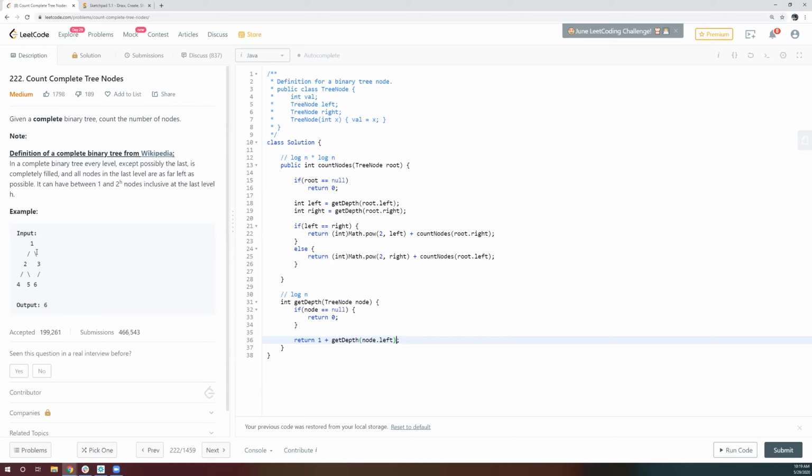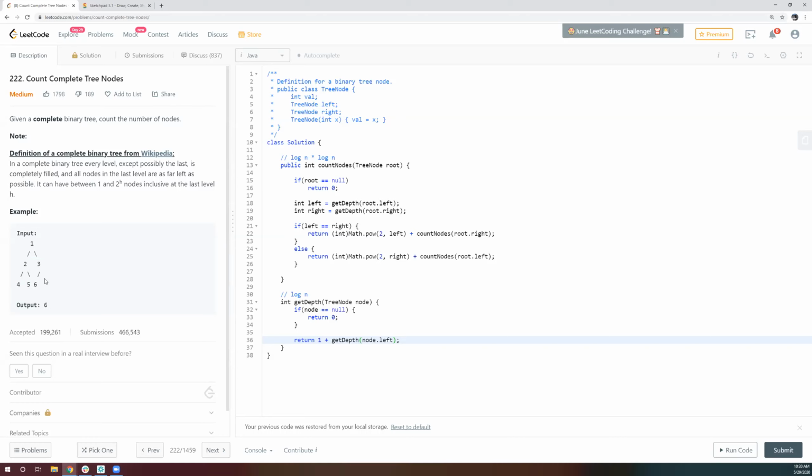So if you find the depth of 4 and depth of 6 is equal, so you go left in, so line number 21, we go into line number 22. Yes, because if they are the same, that means this is like a full tree on this side. I don't need to bother about this. I need to only bother about this where there could be a difference in the levels, which is the right side. Got it. So then you're doing math.power plus count, right?